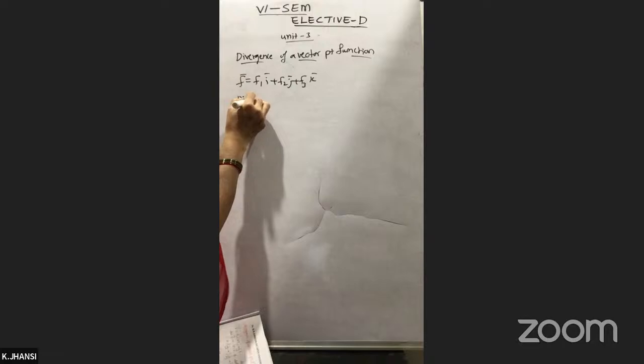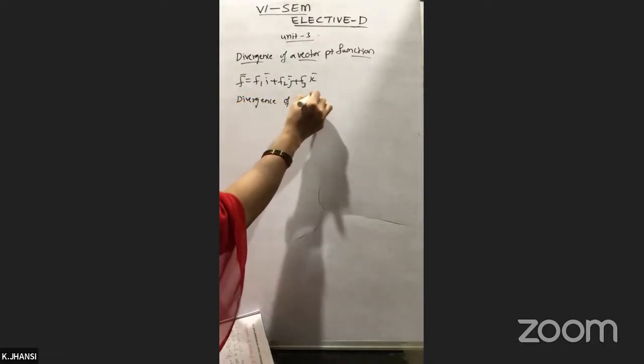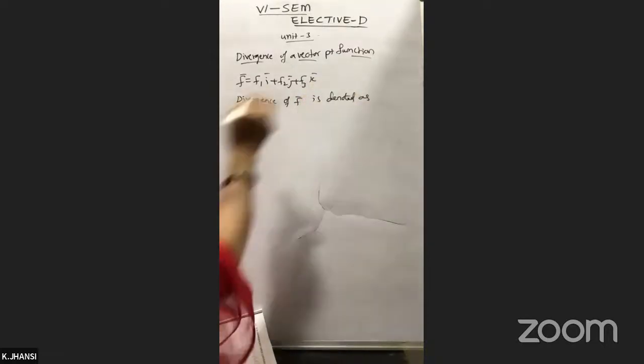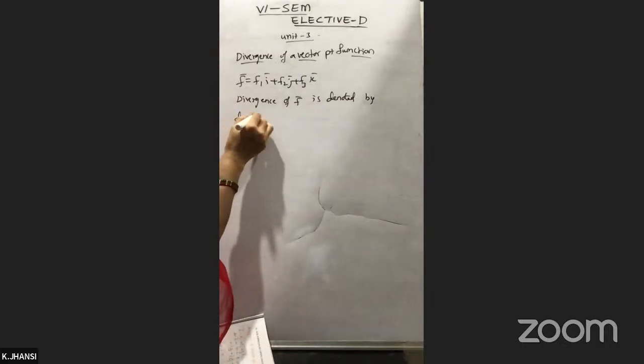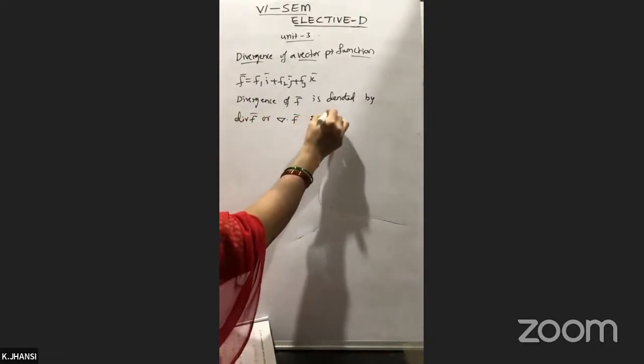So divergence of f is denoted by div f or del dot f. Okay. Like this, it is denoted and defined as